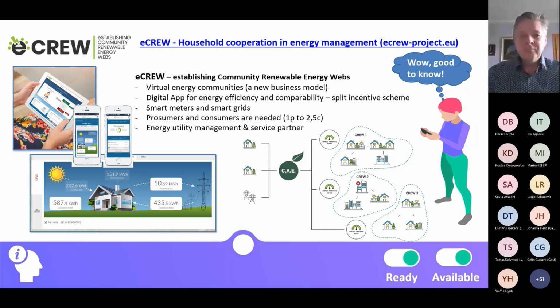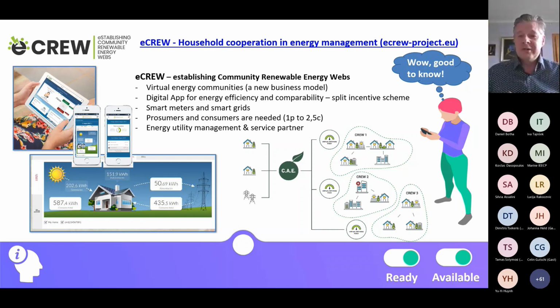I think one of the most important values of setting up such crews, such energy communities, we call them crews because they are guided by energy retailers in a sense through this app. And one of the biggest values is that it indeed creates a win-win-win situation. So even the energy retailer or energy utility has a benefit from it because they are able to stay connected with their customers. Because of the establishment of energy communities, obviously some energy retailers, utilities will probably disconnect from their customers, will probably lose their customers.